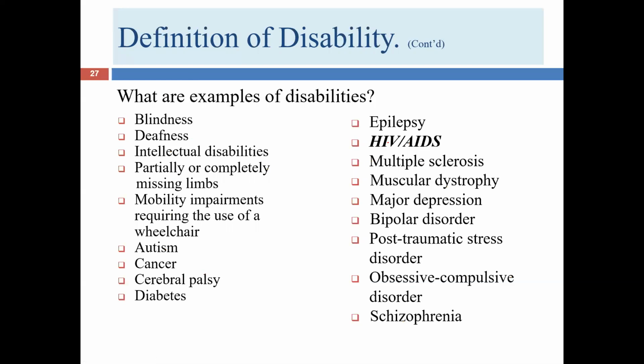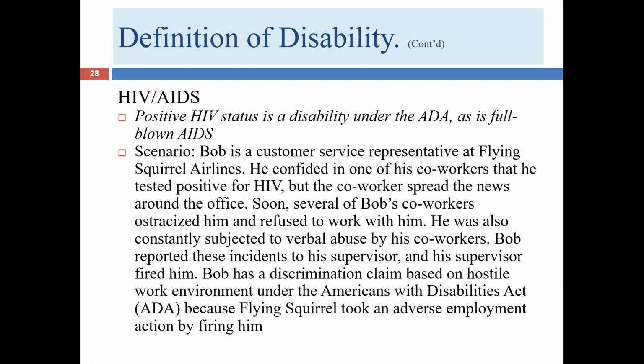So let's talk a little bit more about HIV and AIDS, because this is treated a little differently than some of these other conditions. Okay, so in our other situations, we've talked about how you need to actually have an impairment. But a person who is positive with an HIV test may not have any symptoms. He or she may feel very healthy and not have any compromised health, at least at this point in the diagnosis. But this person is still treated as if he or she is disabled. Similarly, obviously, somebody who's actually in the midst of having symptomatic AIDS.